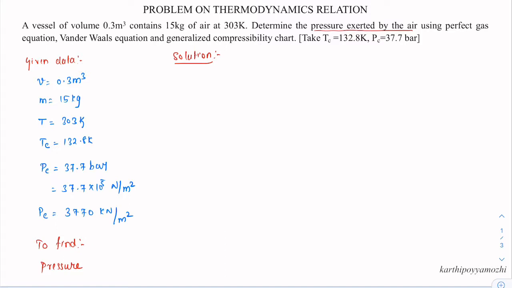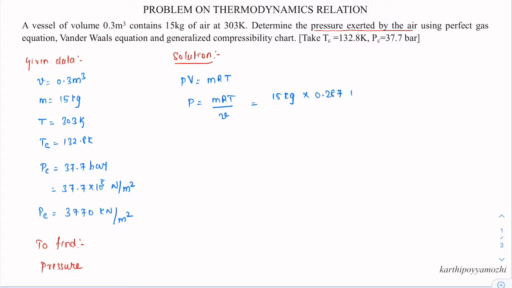The perfect gas equation is given as PV is equal to mRT. From this P can be calculated as P is equal to mRT divided by V. Substituting the value, the mass is equal to 15 kg